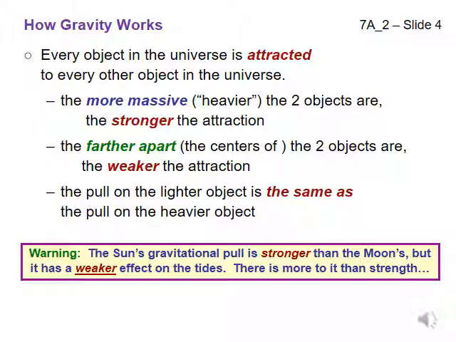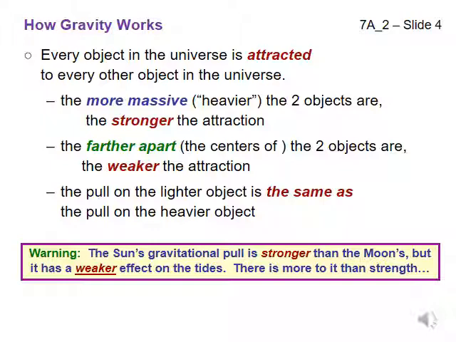There is one final rule for gravity: the objects feel exactly the same attraction for one another. The attraction is mutual, equal, and in opposite directions. Thus, the Earth is attracted to me exactly as much as I am attracted to it. When I jump, I'm pulled down a lot more than the Earth is pulled up, because I'm much less massive,